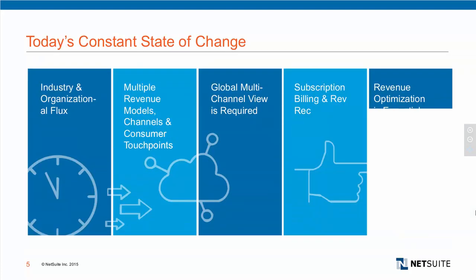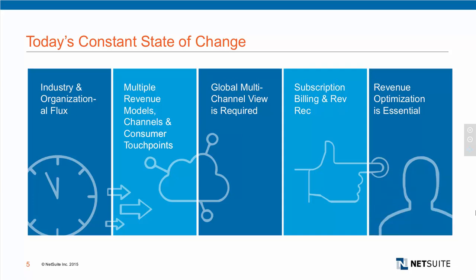So let's talk a little about the marketplace that you all reside in today, the media and advertising space. I think it's safe to say all of us recognize it's in a state of flux today. You're dealing with lots of changing requirements of your customers and brands, and you have to be on your feet and agile. You're dealing with multiple revenue models, different channels, different consumer touch points, all of which have to flow into your campaigns and your measurement metrics. When you think about your business, it's not just a domestic or a regional business anymore. It's a global business with consumers globally, brands that need global reach.